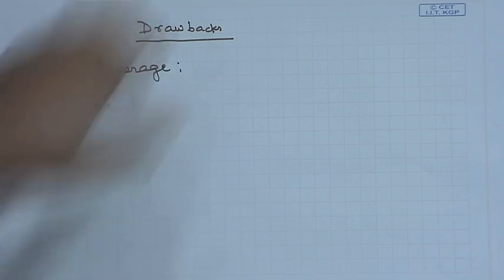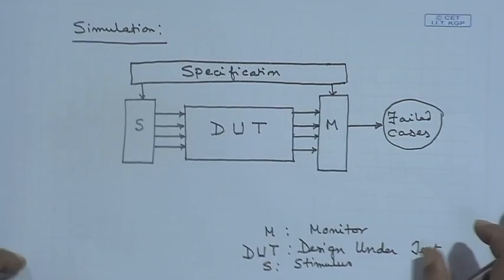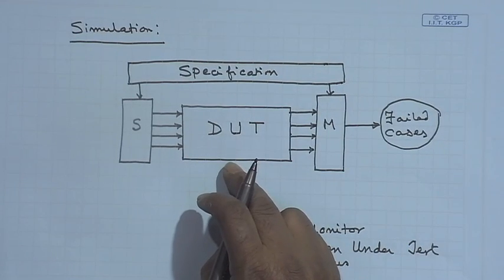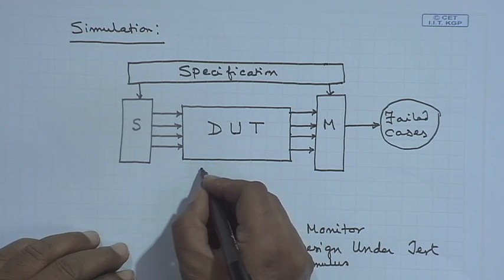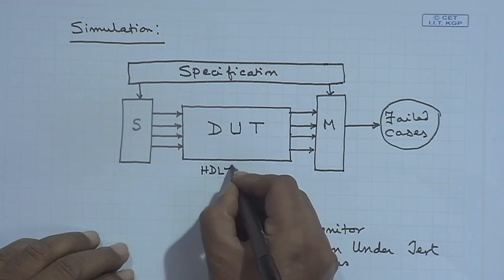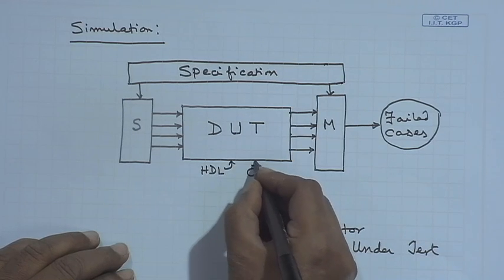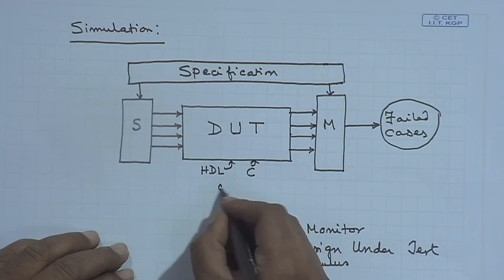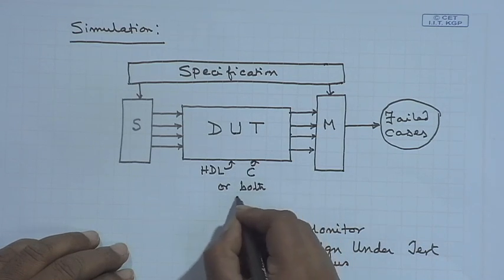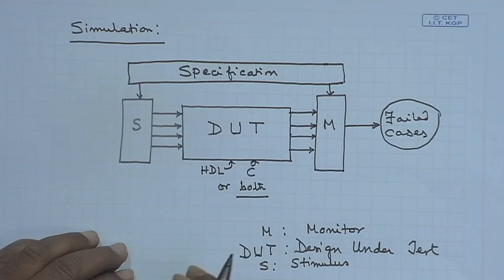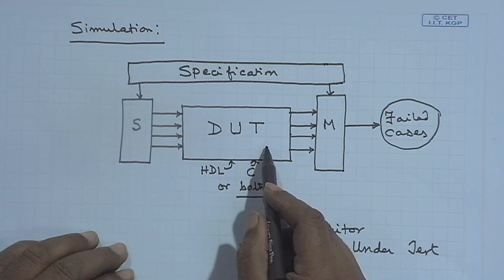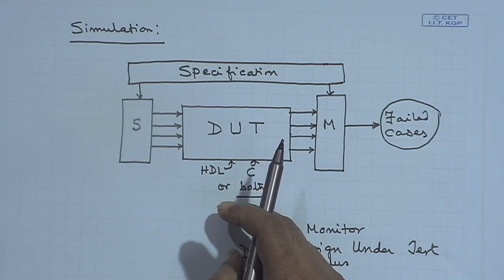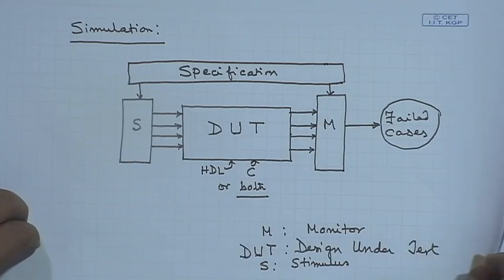Coverage means, now one thing that I should have told here, that this design under test can be specified in the form of, say, an HDL, C, or both of them. Why both? We will see that, because we are talking of hardware software co-design, where we may prefer to write the hardware part in HDL and the software part in C. So, therefore, it can be both. All right. Now, given this,